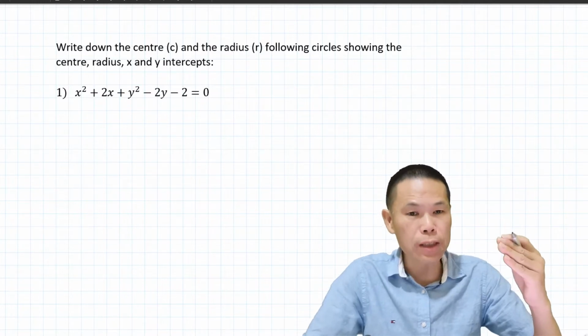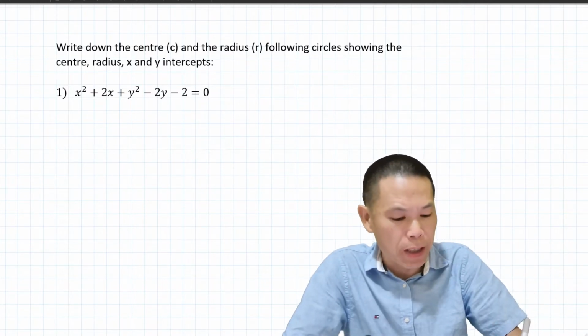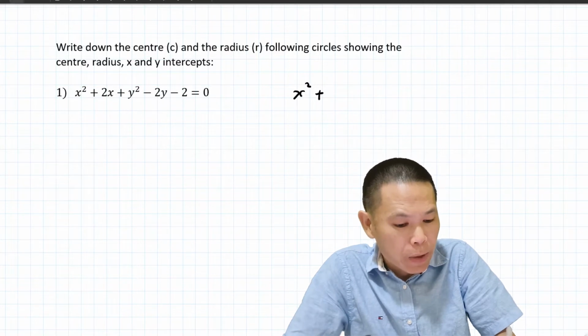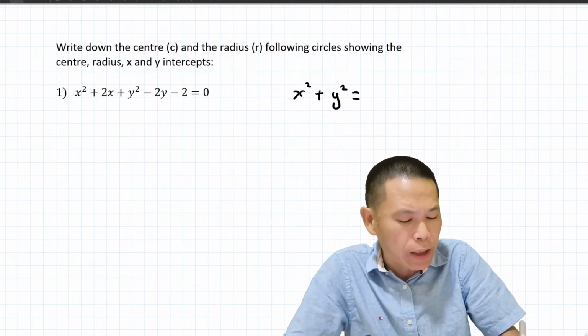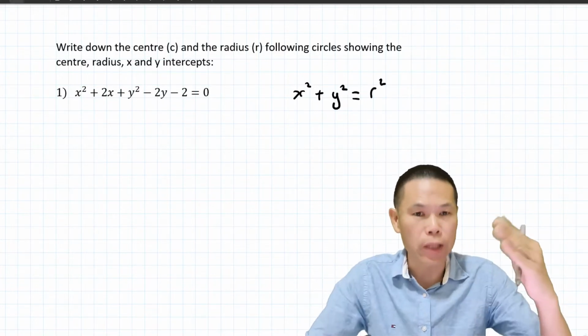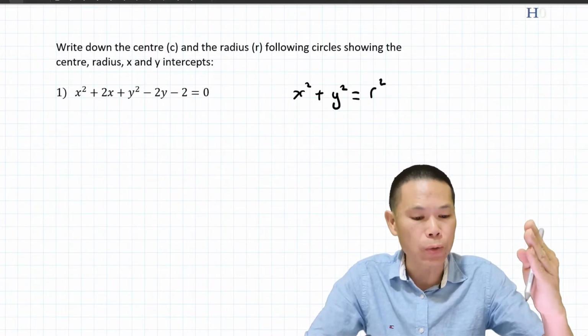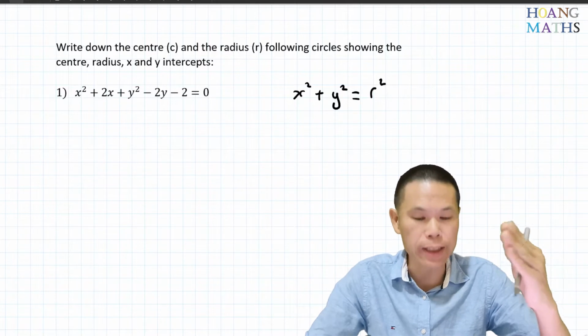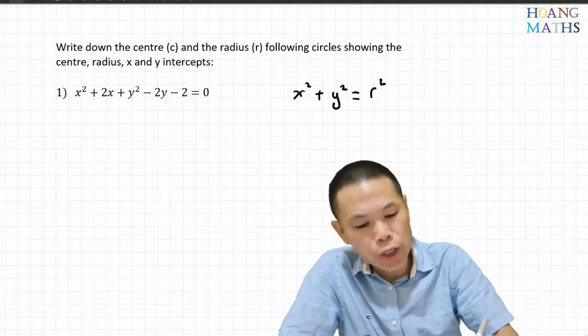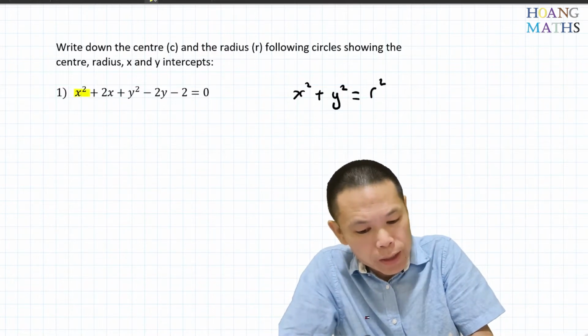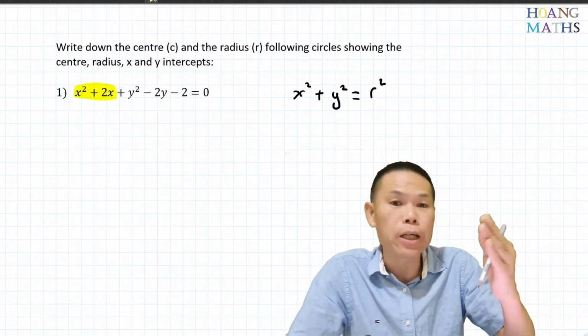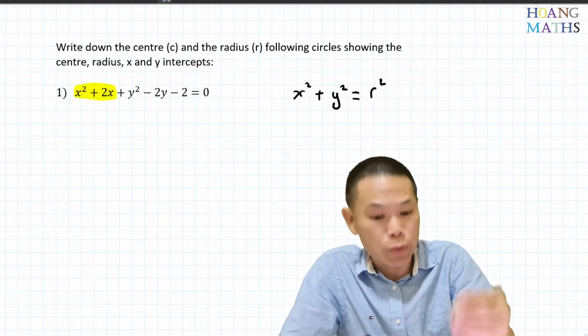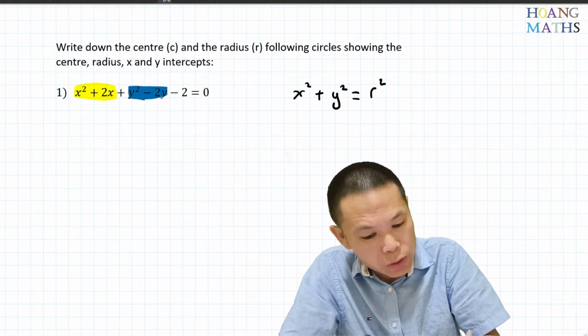Now to graph this, the first thing we need to remember is that x squared plus y squared is equal to r squared. That is the general rule for a circle. So the center is (0, 0) and the radius is r. Therefore, we need to convert this component here into a perfect square,